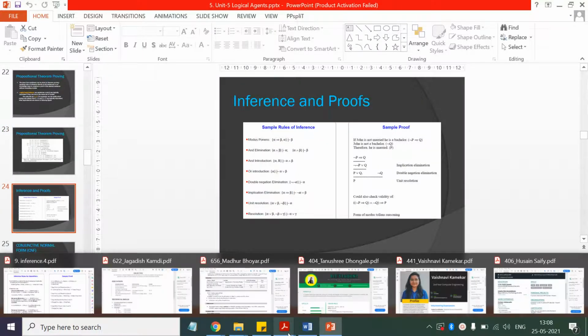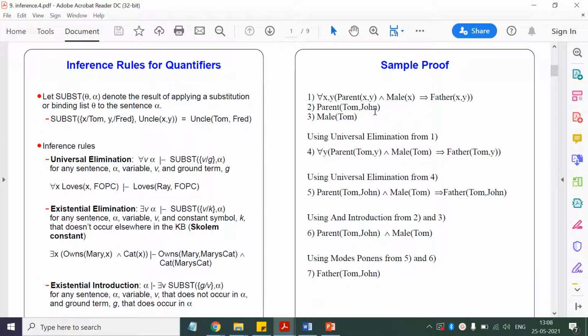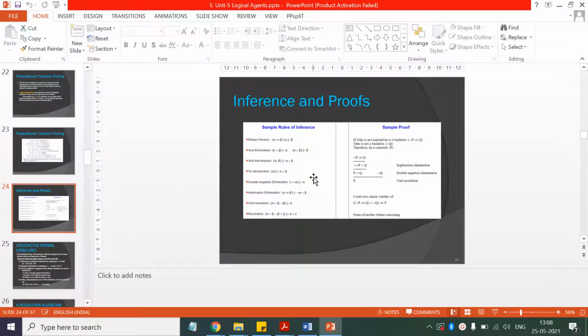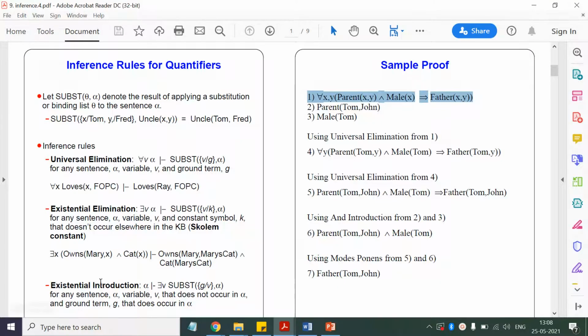So here the idea is that if we could convert a given first order logic statement into a propositional statement, then we can directly use this inference mechanism to derive new facts, right? So in this technique we are going to do that. We are going to convert a first order logic statement into the, see here, this is the converted statement. So here there are no quantifiers, okay, so it is a propositional statement.